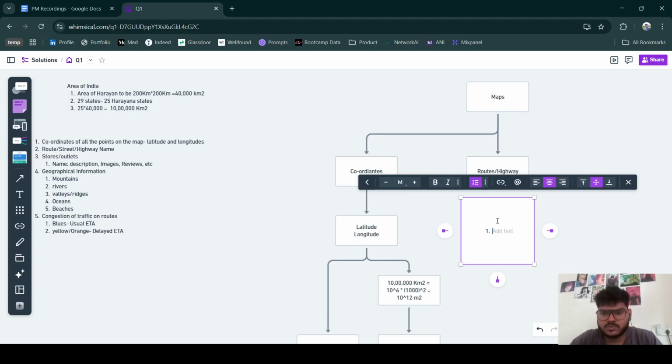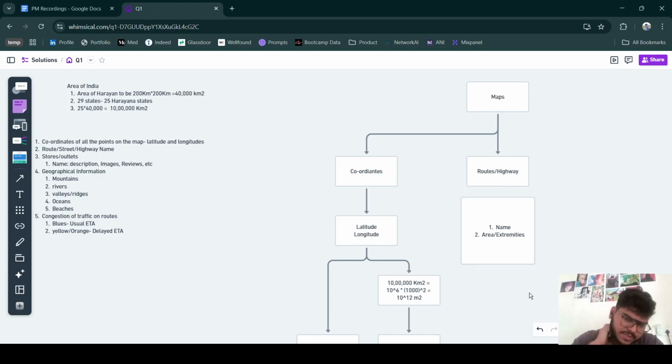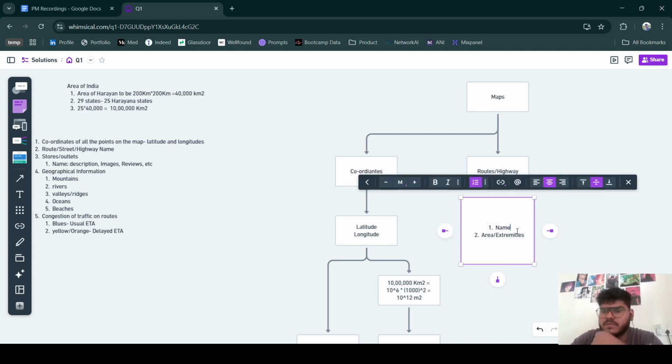So if I'm assuming each highway and route will have data like the name of the route, and the area or extremities associated with it, a name and area of extremities of that route. So each name will have